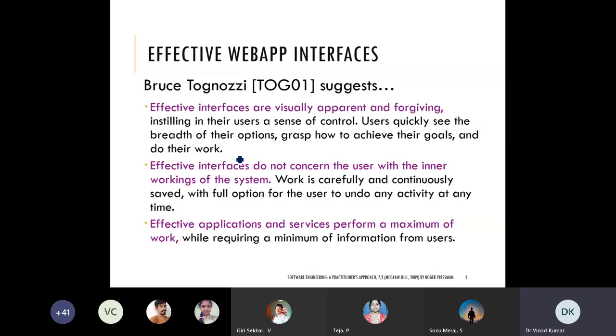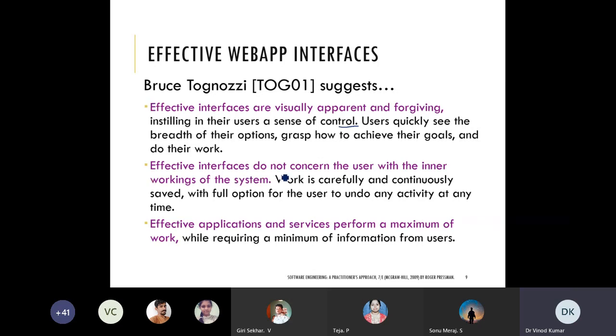Forgiving means you can redo and undo the task. It is introducing a sense of control in the users, and users very quickly see what the different options are. So this should be considered for an effective interface.